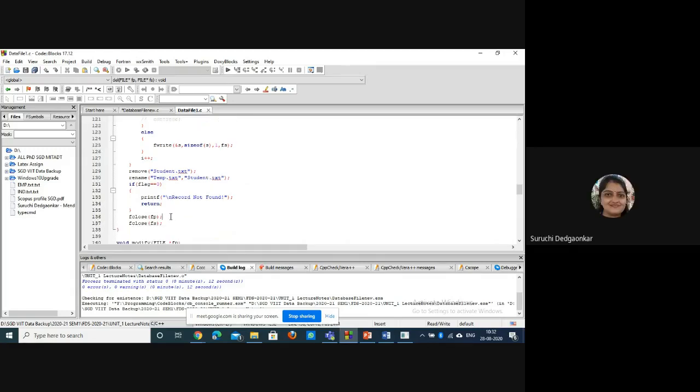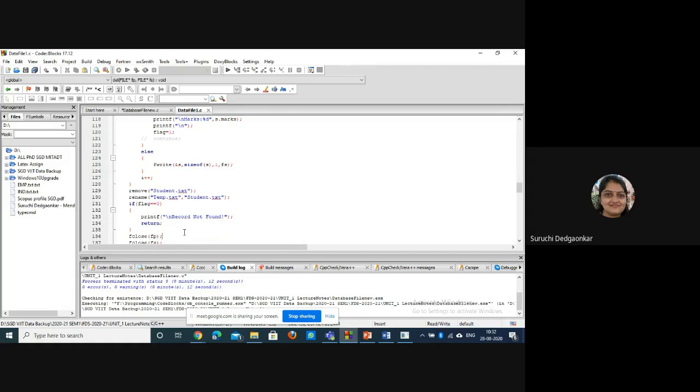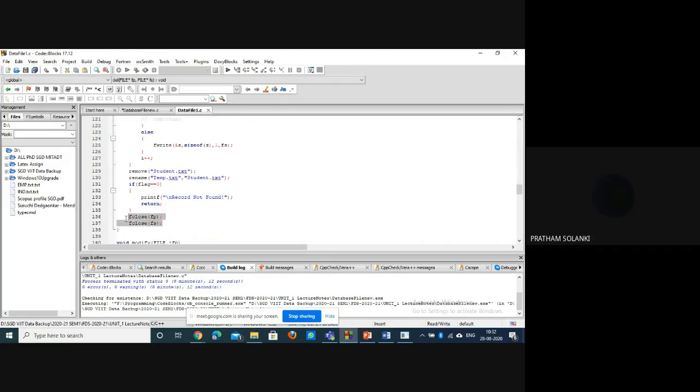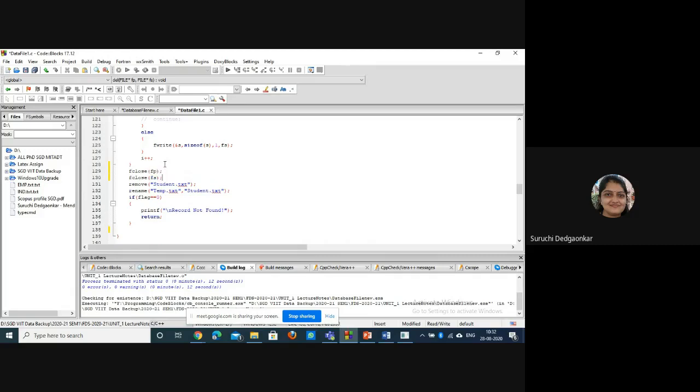Okay, what you want to say is first you have to close and then you can remove and rename. I am asking, ma'am, that it does not give any error if we do it in such a logical way. It will not give an error here, but it might not work. Yes, we can try it. It will not give an error if your syntax is correct for all the instructions. But if there is an error in our logic, it will not work, it will not do all those things. Okay ma'am. So only we have to try and check.